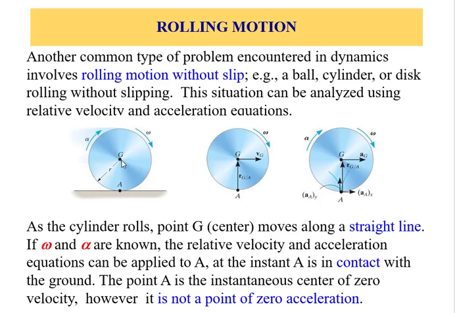Therefore, we know the direction of AG. So we know it's AG as a magnitude multiplied by the unit vector i. Also, we know that point A may not have tangential and normal. Now, common sense will say, since the ground is shared and the acceleration of the ground is zero, therefore